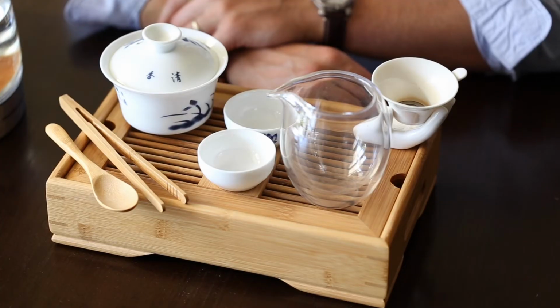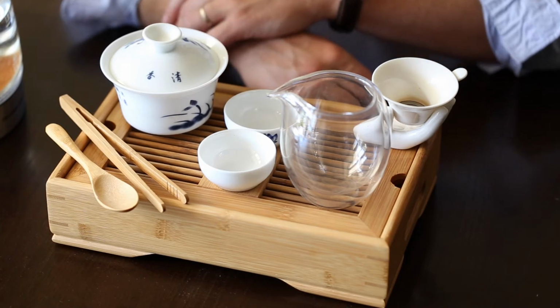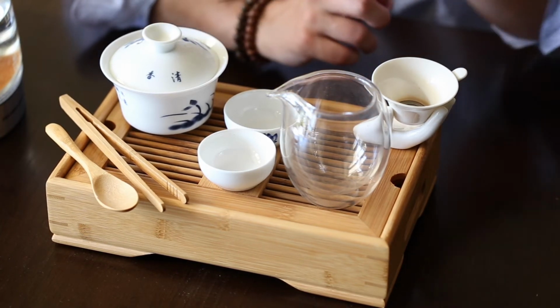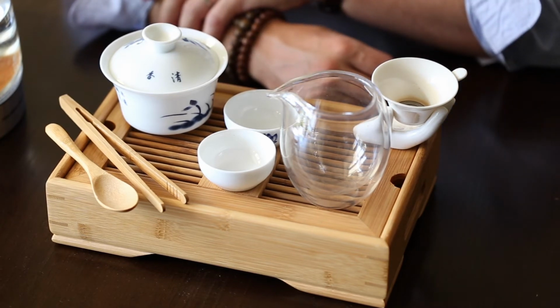And so now we're going to do just a quick demonstration on brewing oolong. We're going to do a couple of different oolongs. We're going to do a light oolong and a dark oolong, so you can really see the differences in the appearance of the two. Unfortunately, we can't have you taste them, but